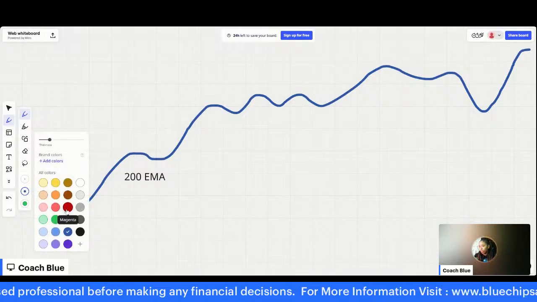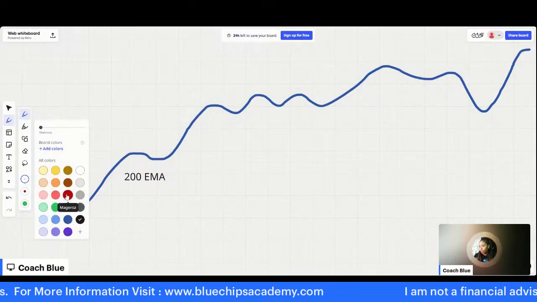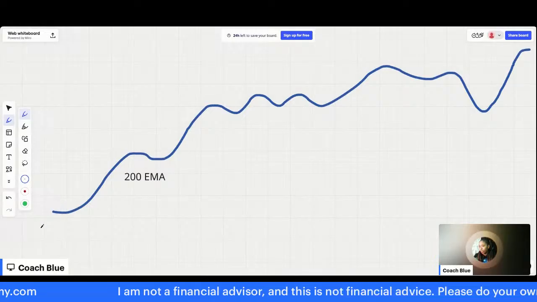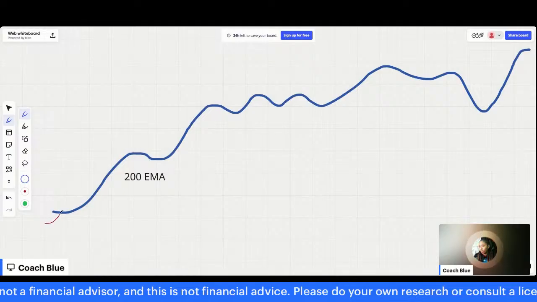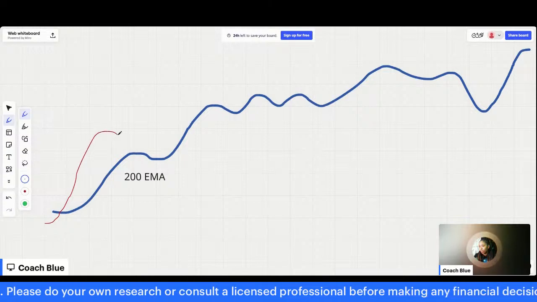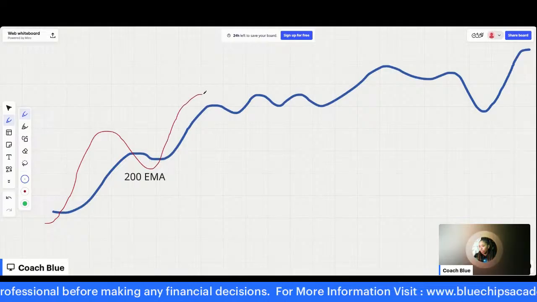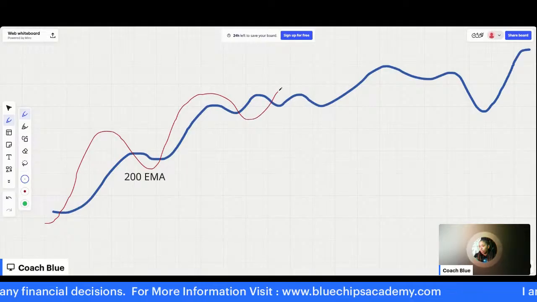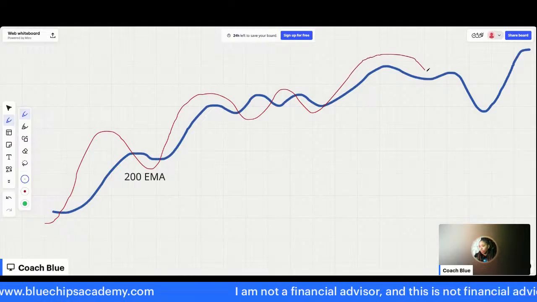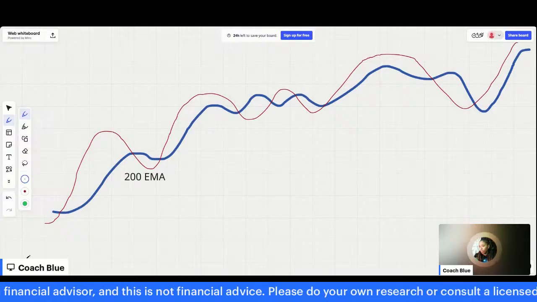Now with this EMA, you'll have something called the, actually I use a smaller one, the 20 EMA. So you might see something where it'll cross over the 200 EMA, right? It'll make a nice move to the upside. It might cross back down, and then it crosses up again. And when it consolidates, it just goes back and forth like this, and then it'll cross up again, right? And so you'll see this pattern over and over and over again.